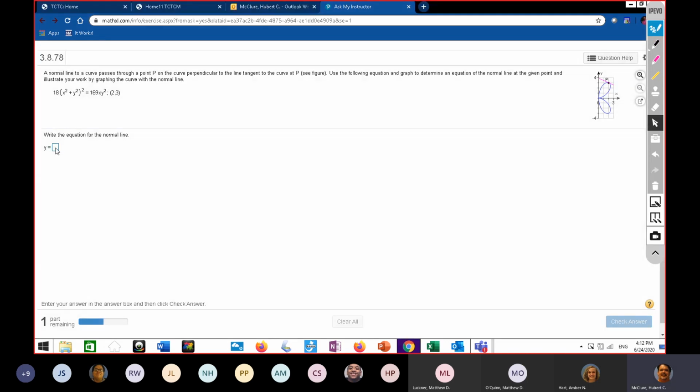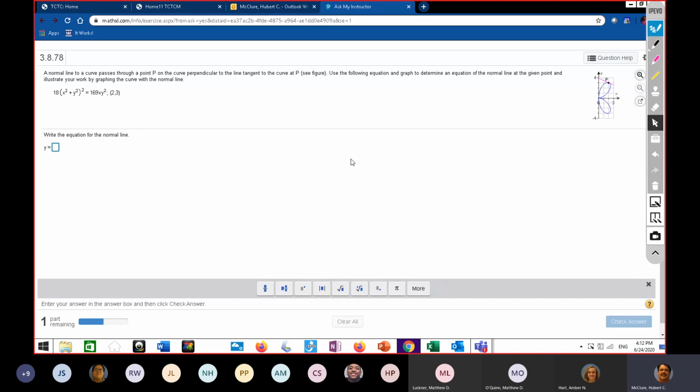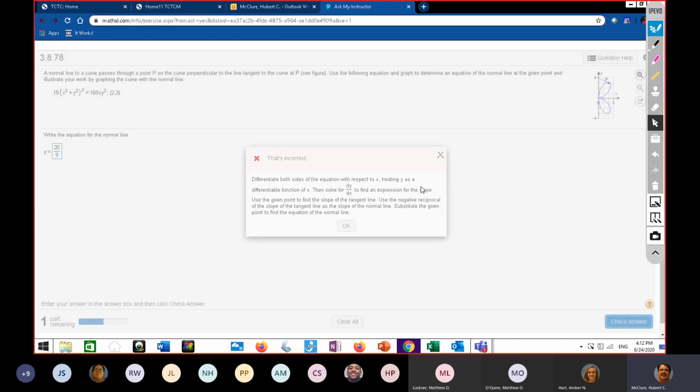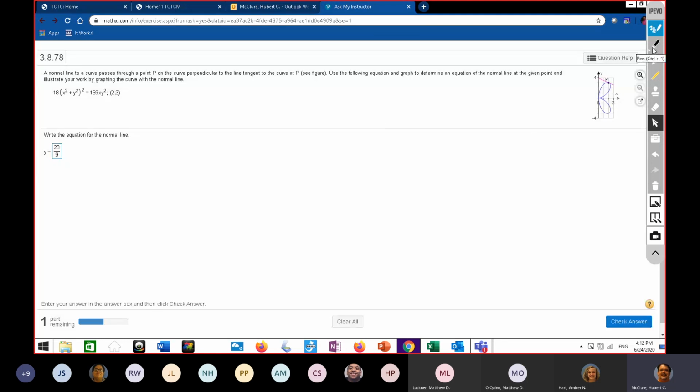Y is equal to 20 over 9 times x. I'm just going to type in 20 over 9, because 20 over 9 with the points would be the normal, because it's going to be through the same point right here. See? Let's see, y minus 3, so that would be a plus 3